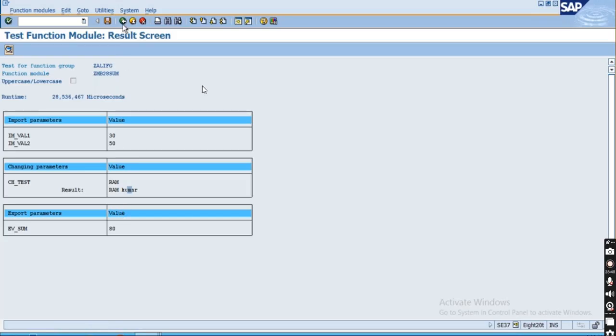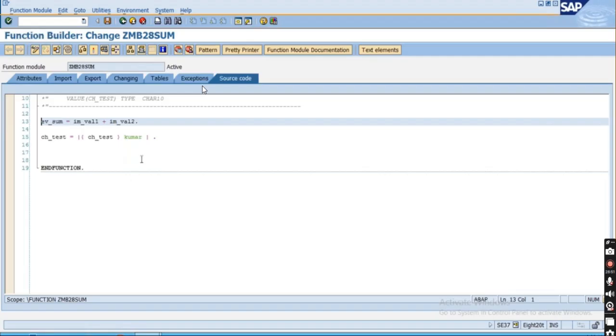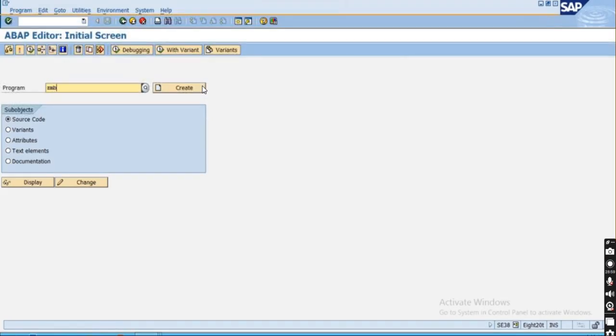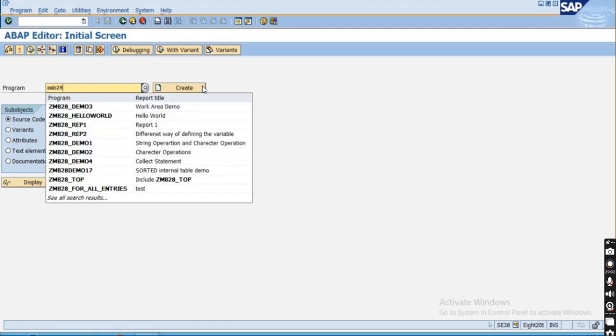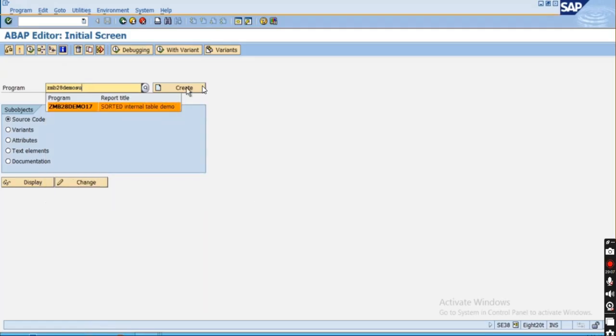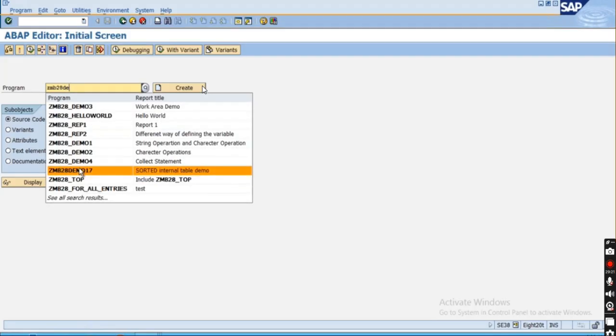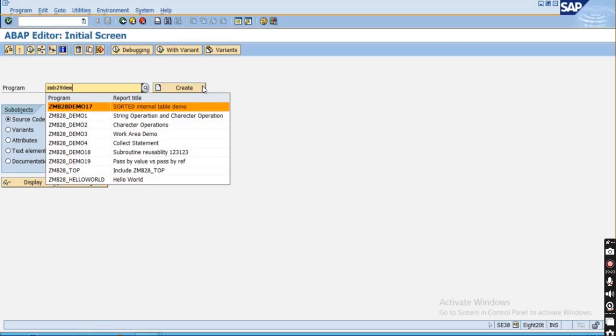This is a simple example, but the same function module, if you want to call in your program, so let's go and quickly create one program. The program name will be ZMB28 demo sum, maybe, right? Click on this, demo sum. So up to 17 here it is there. So maybe I can write demo 18. Click on this create button,